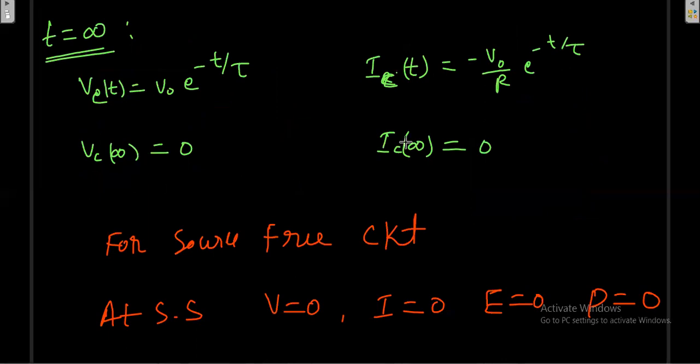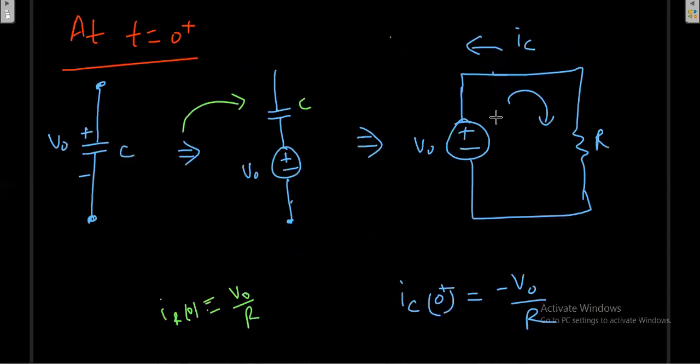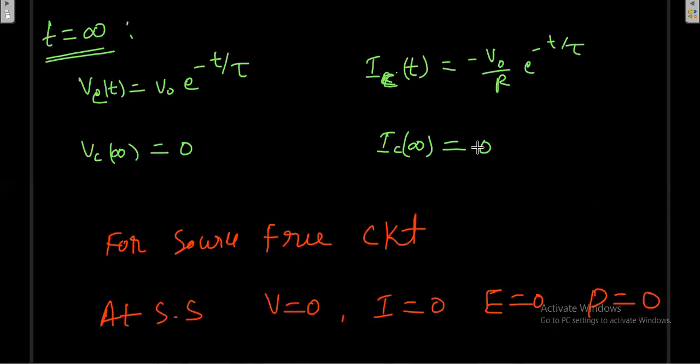Then what is happening as t goes to infinity? Finally, the current at the end is zero. What is the voltage at the end? That is zero. So what is happening to the current and voltage? Initially there is some voltage and some current is flowing. As time progresses, this voltage decreases, and once the voltage decreases, finally the current in the circuit also decreases. Finally both voltage and current will become zero. So at steady state, everything will become zero.